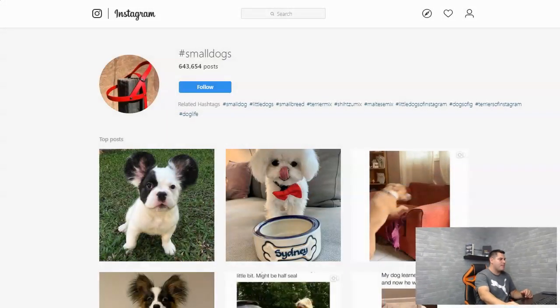But here's the cool part. When you are following, let's say, 500 people a day, those people start to come on and follow your account, which means they're probably also going to like the posts that you actually post. And if you can do good hashtags, so for small dogs, it's a very big category. Let me show you really quick, and I'll give you some advice. Small dogs has